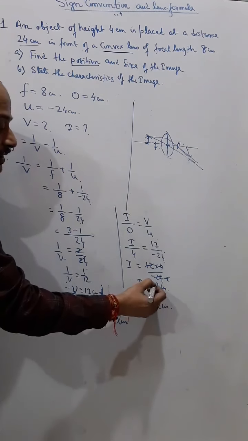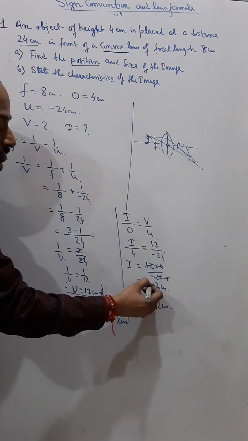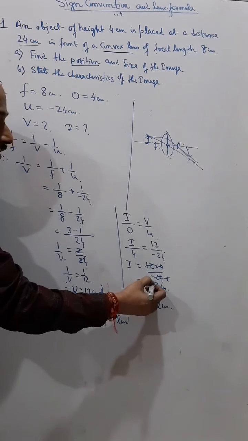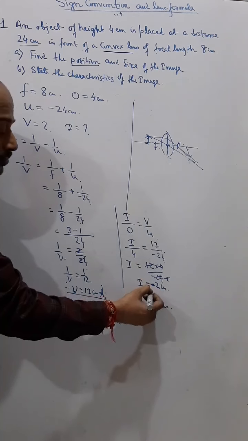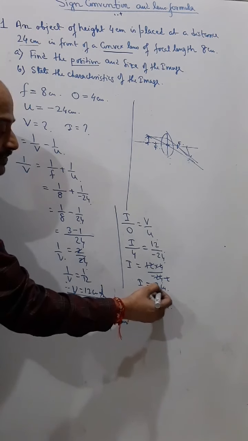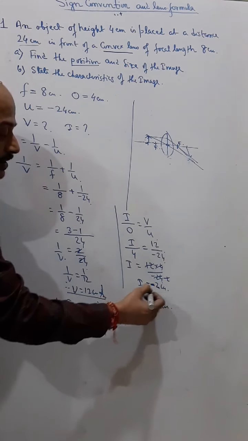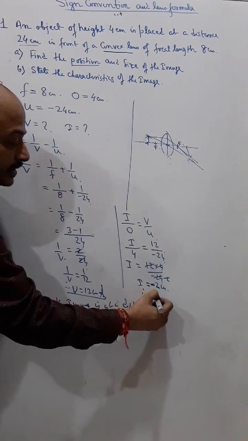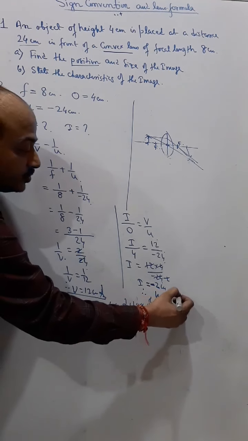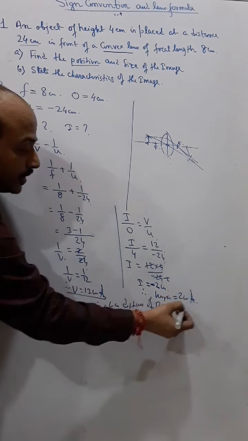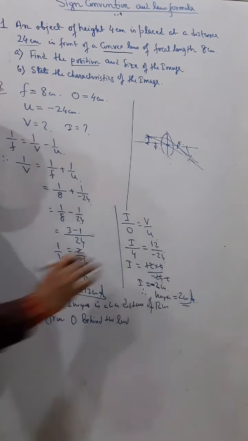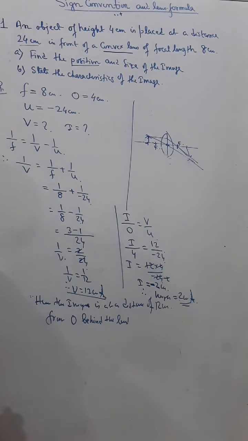But you know, this is just a magnification, so with the sign convention, we don't use a negative sign in a distance or a height. So directly my answer will be: height is equal to 2 centimeter. So while writing the answer, we'll neglect this sign. So height is 2 centimeter.